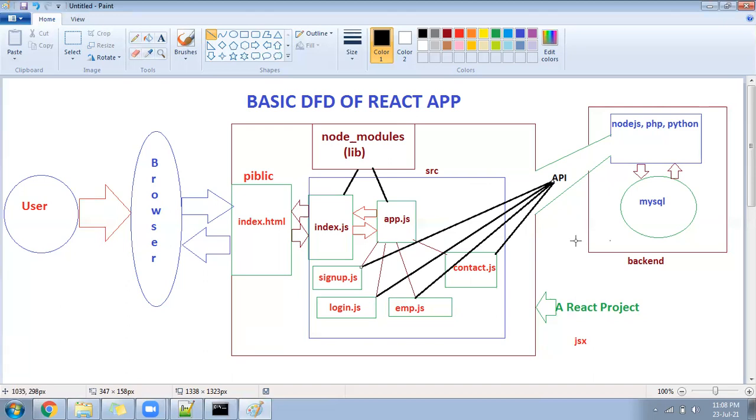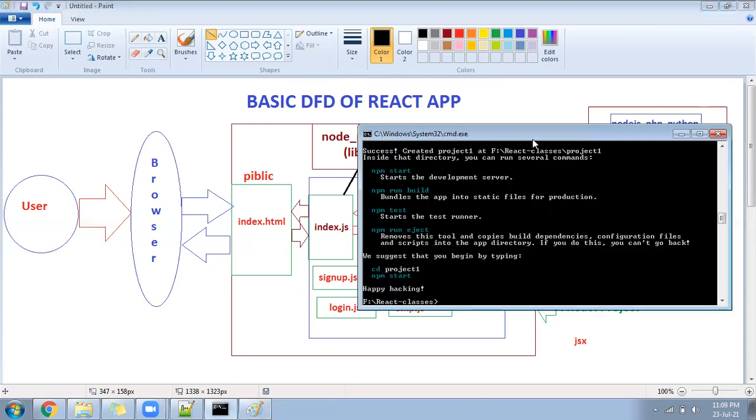If you go through this tutorial completely, you will be able to implement all of this. I will be guiding completely. JSON server will be set up, and there I'll guide you end to end on how to implement. So this becomes a basic DFD of a React application. Hope, guys, you understood. And then let's come to the next.